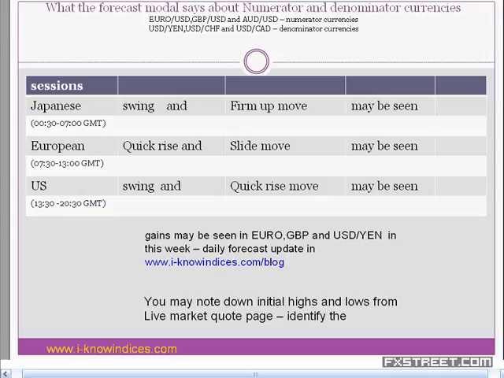So here you come across the entire session, what they intend to do. Swing and firm up moves may be seen, and suddenly you could come across a quick rise, coming to the Friday close level or slightly above, and give that bullish feel and start making the slide again during the late European session. Then people might think that no, there is no strength in Euro and GBP. They may probably go in for the sell, expecting further drop during the US session.